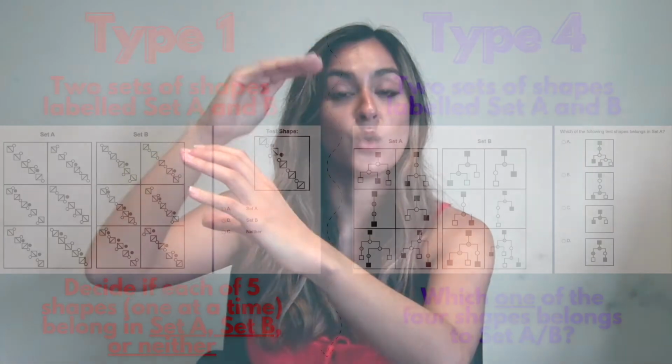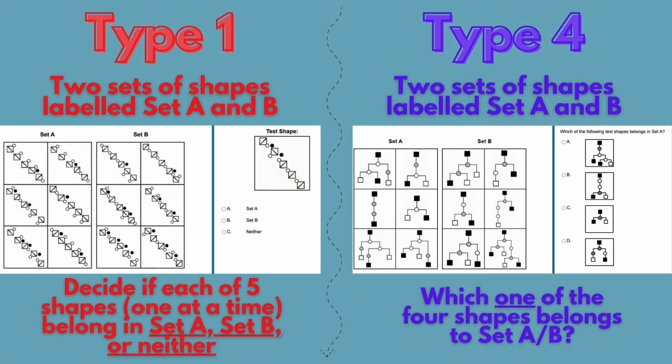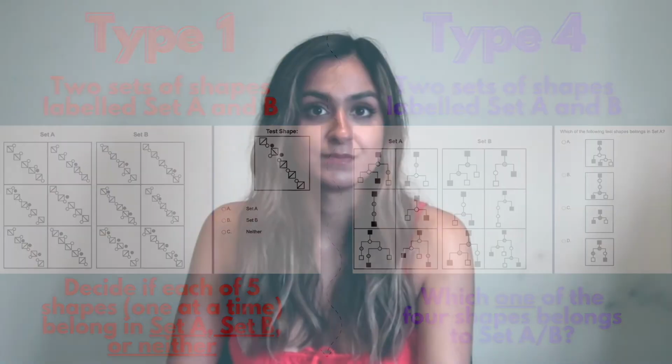If you remember back to question type 1, you get a picture and it will say, which does this belong to? A, B, or neither? So that's a slight difference. The same principles apply for 1 and 4, the same thinking and abstract reasoning will go into both. The only difference is that in 4, the question will dictate whether you're focusing on set A or set B, and that is all. Okay? So that is our breakdown of the types of questions.